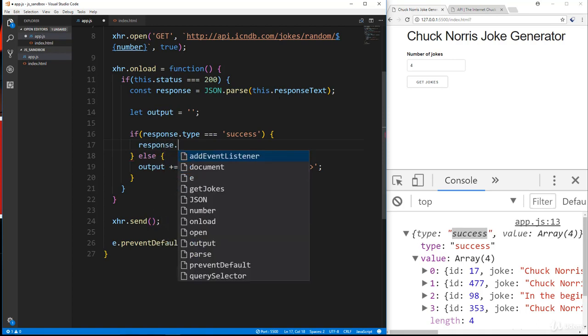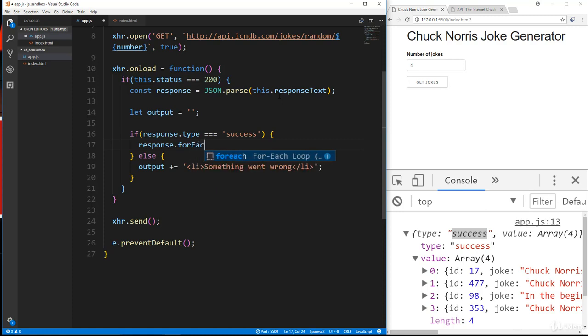Now this is important right here. I'm not going to do response for each because the response is an object. Okay, it's an object that has type and value. So we're not going to loop through an object with this type and value. We want to loop through the value which holds the array. So we're going to say